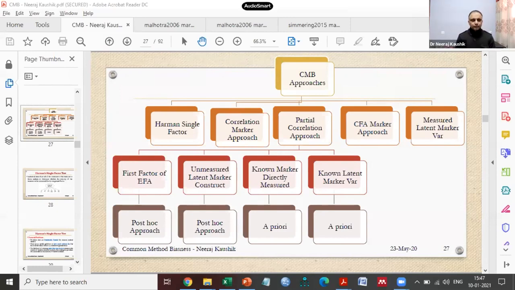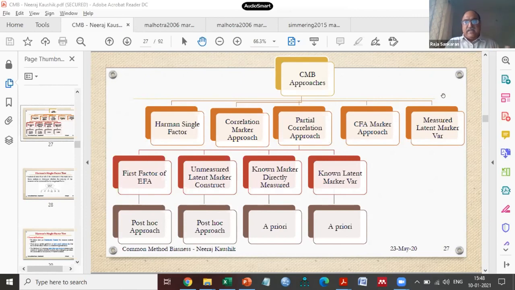Okay, perfect. Now, this is the slide which I'm using, exactly the same slides that Professor Neeraj Kaushik was using yesterday as well as part of his videos. This is to give you all a quick recap about the marker variable that we are talking about. As I said, I will not dwell too much in detail because this has already been covered. I will focus only on the selection of a marker variable for the studies.